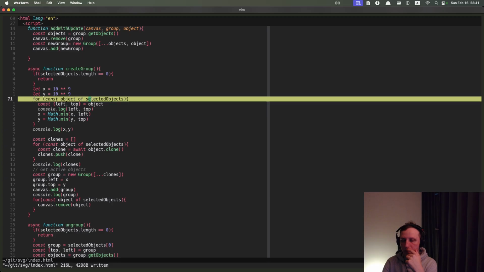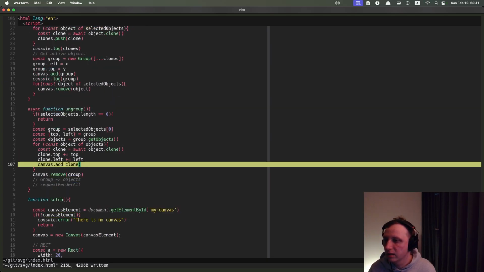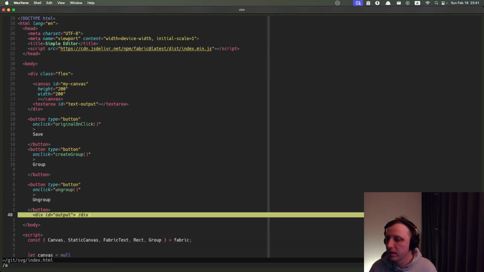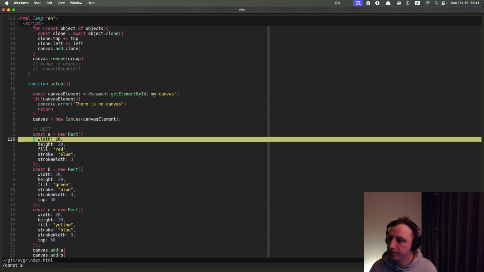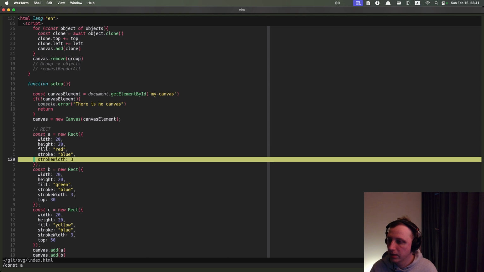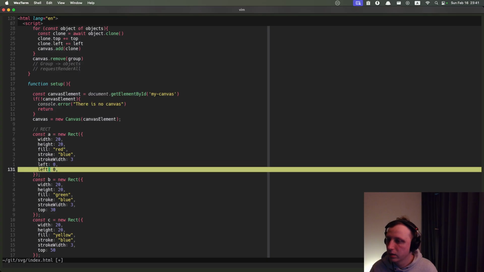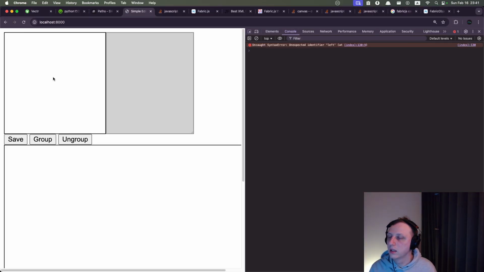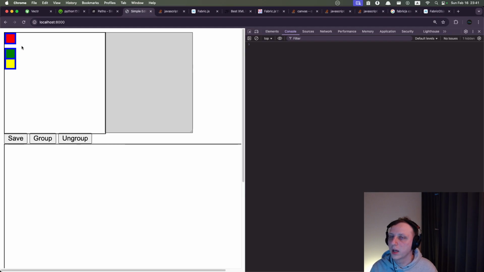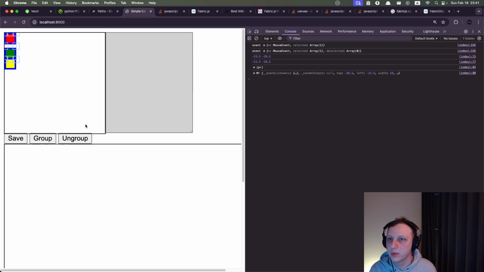But top and left were... What is the center of this thing? So if I create the rectangle A, const A, this one, and I put it in position left 0, top 0, right? Okay, this is the right position, right? Okay. So now if I select those 2 elements and I press group,